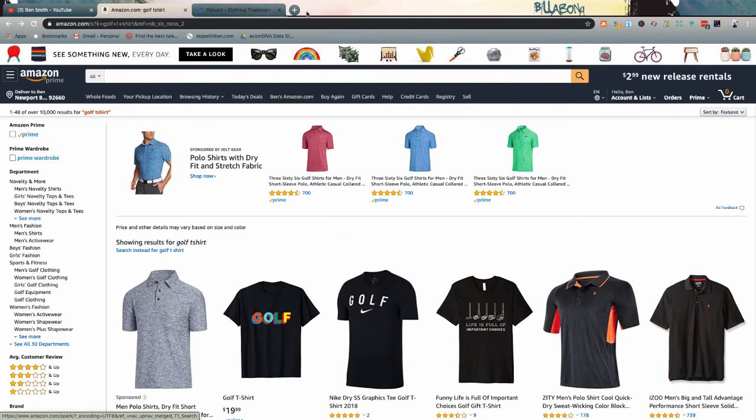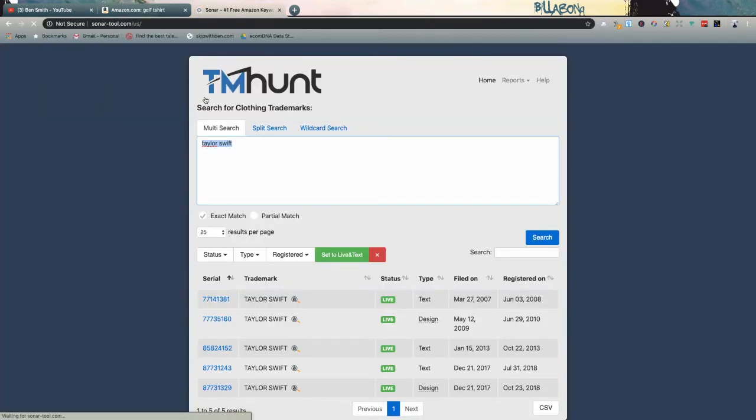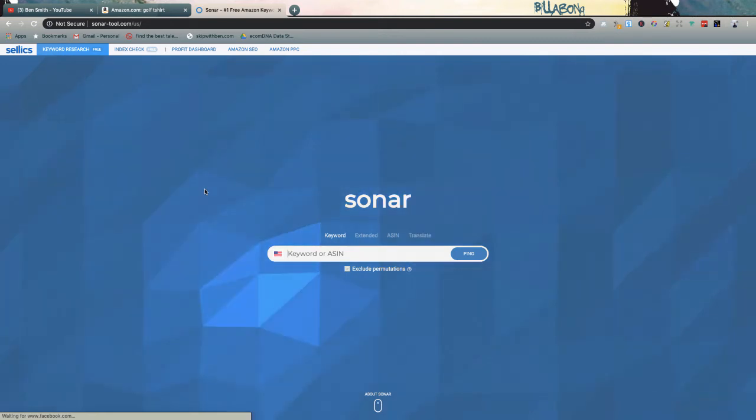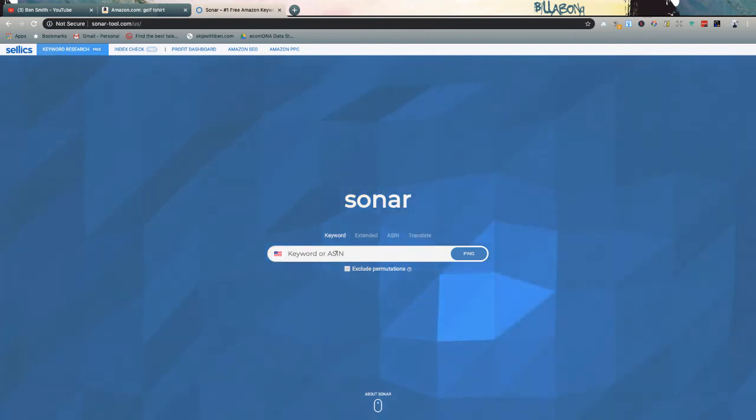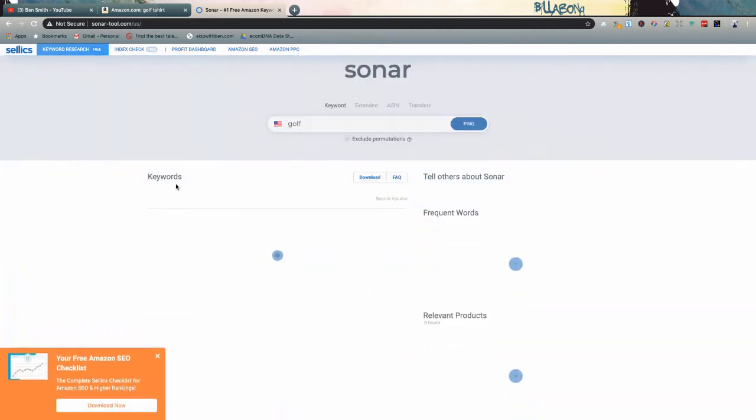The next tool we're going to take a look at is Sonar. Now, this is specifically what I use for keyword research. And what this tool does, it's free. They do have a paid version. I don't pay for it. I don't think you really need to unless you want to get really intense with your research, but we can type in any niche. So let's just type in golf, and it's going to give us a bunch of different